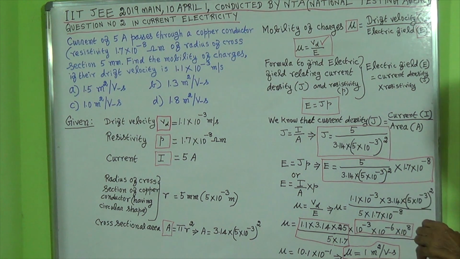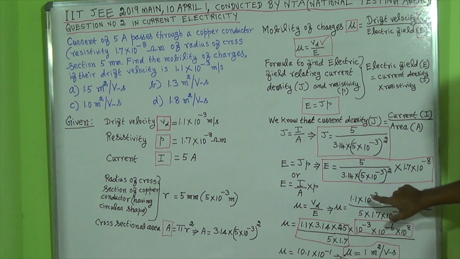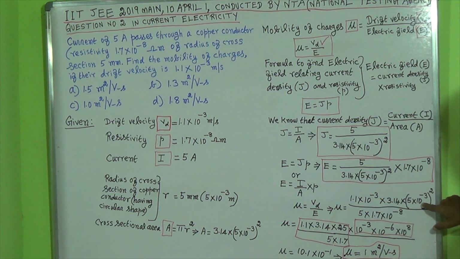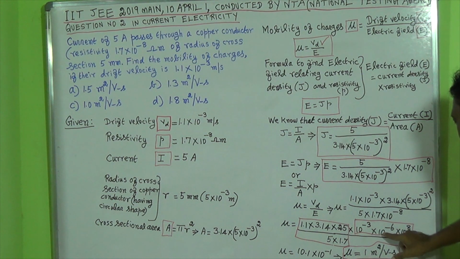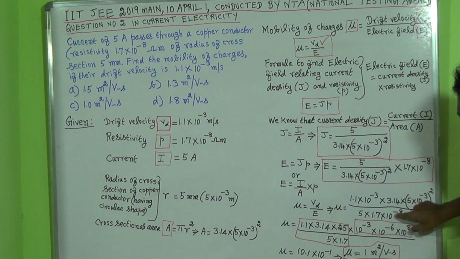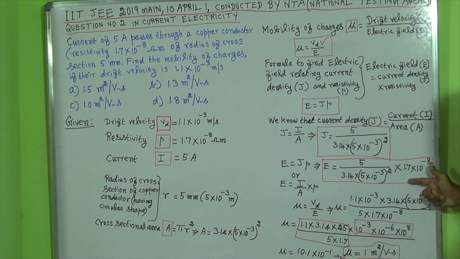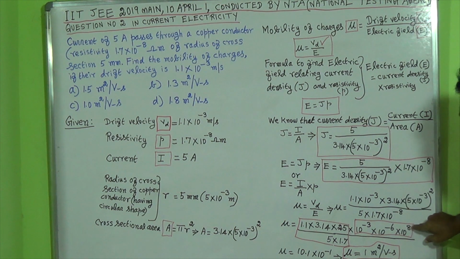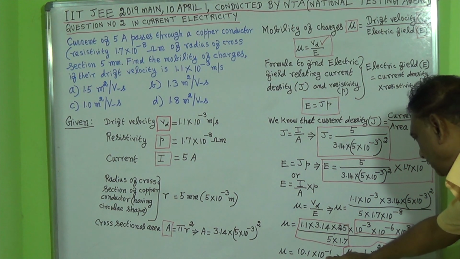power of minus 8. If we consider all factors having the base 10 in the numerator, already there is 10 to the power of minus 3. If we multiply this 10 to the power of minus 3 into 2, we will get 10 to the power of minus 6. So here I have written the 10 to the power of minus 6. Then if we bring the 10 to the power of minus 8 from the denominator to the numerator, it will become 10 to the power of 8. So if we simplify all factors having the base 10, we will get 10 to the power of minus 1.